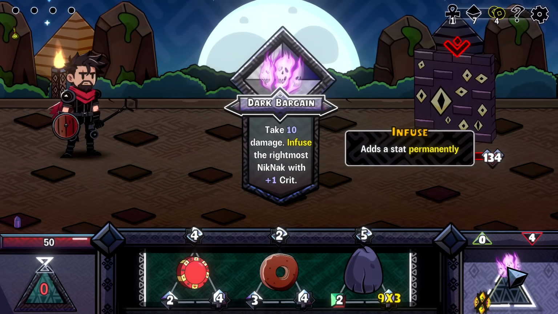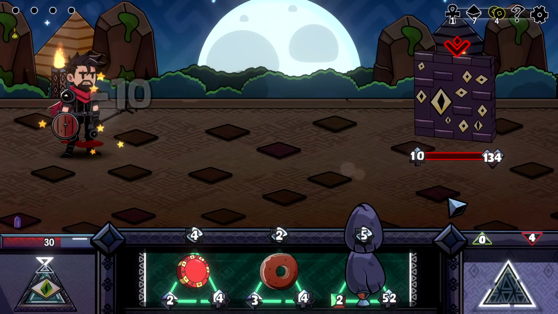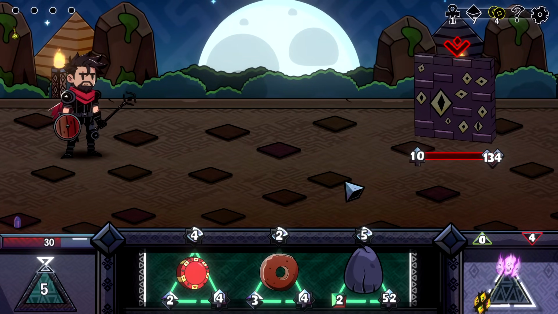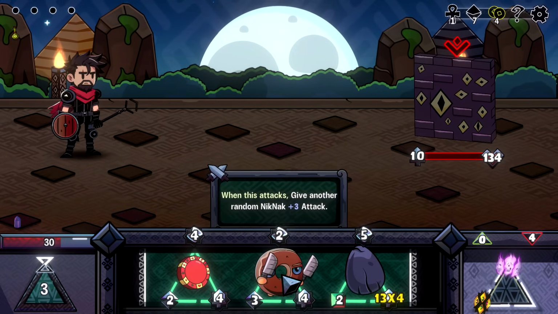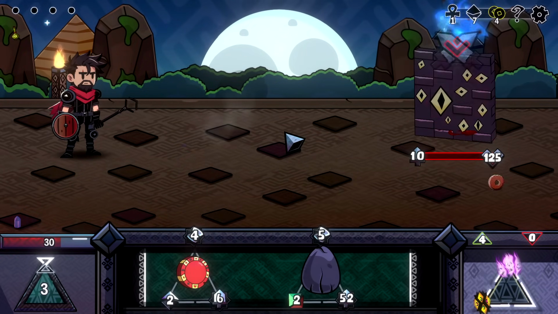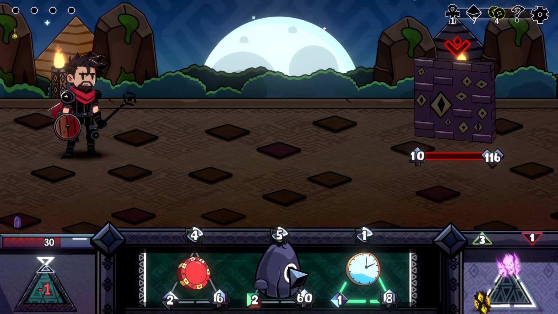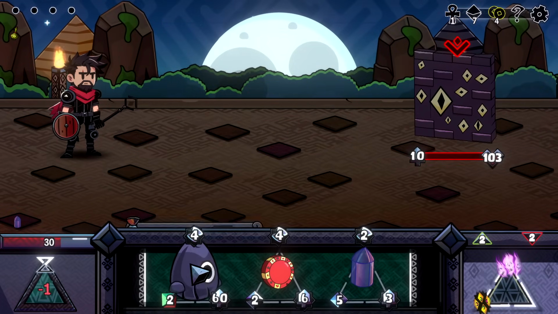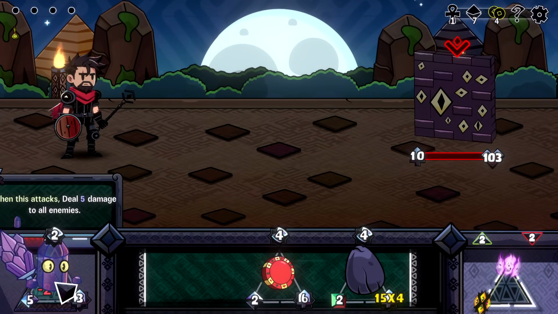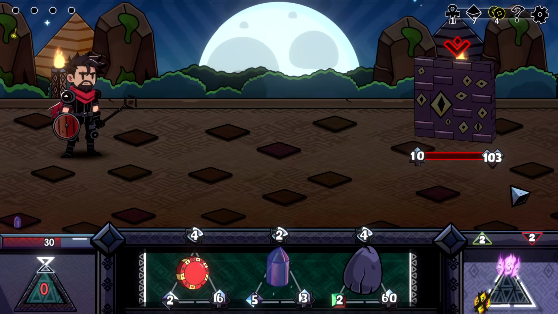But there is a part of me that's like, you might as well infuse you. I think that we can make it happen, man. I think that he buffs enough that we can make it happen. And in this case, we might as well just let him scale. So you're going to buff leftmost Niknak. Beautiful. So that now happened. We can't ascend you, actually. But I can...